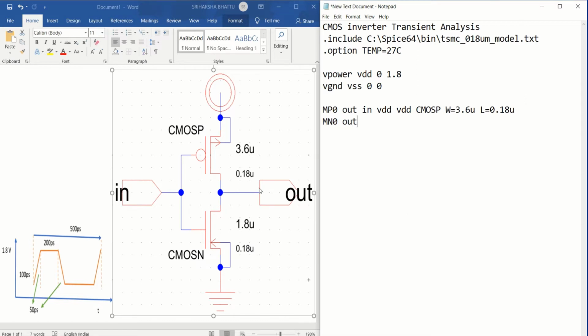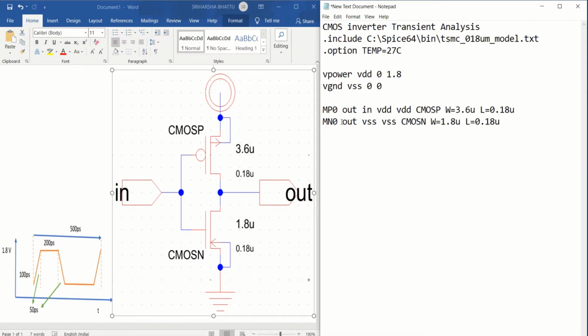The drain is connected to the out. Next, gate, then source and bulk. Your VSS will be the source and again VSS will be your bulk. The model file name is CMOS N with a width equal to 1.8 micrometer and length equal to 0.18 micrometer.